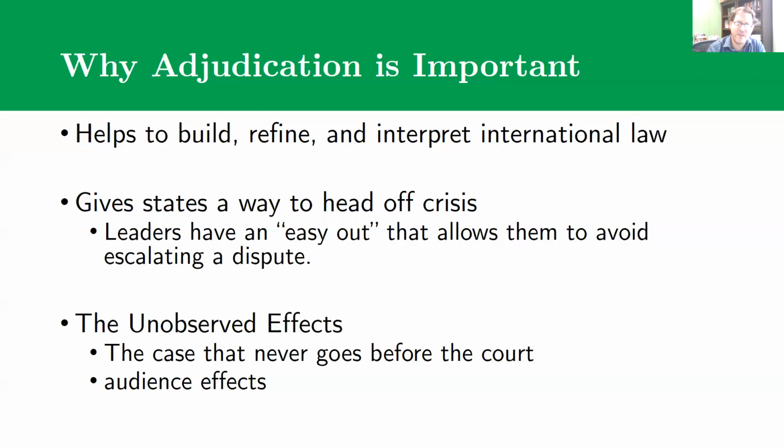The other thing that I think is worth noting about the International Court of Justice is that even though there's only 2 cases or so a year, there's a lot of unobserved effects, right? If two countries disagree about what international law says and how it should be interpreted, then when they go to the International Court of Justice and they start preparing documents and looking back and making their case, one country might realize that they're actually in violation of international law, that there was an angle that they weren't considering, or they recognize that they're going to lose the case, and they may pull it before it actually reaches